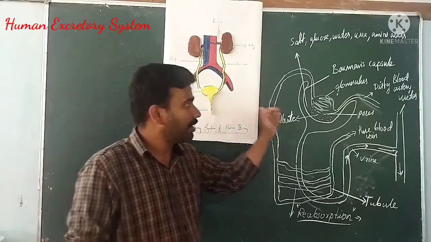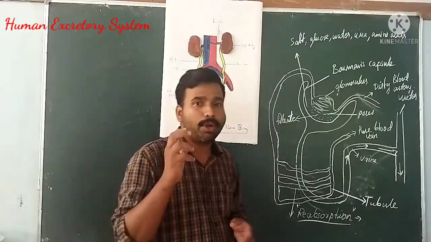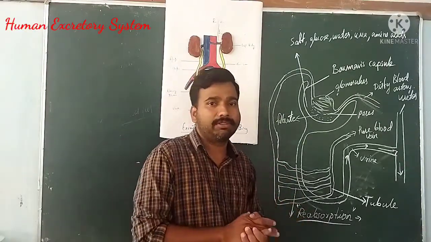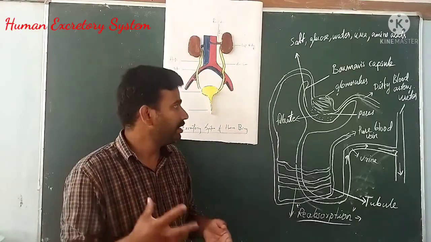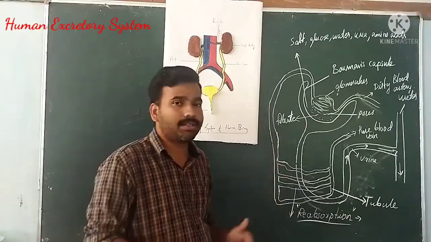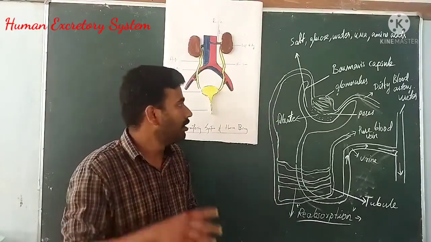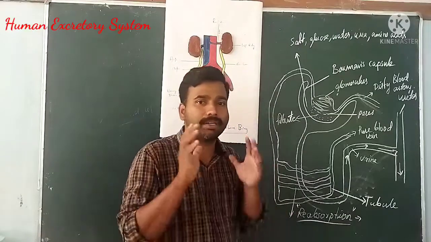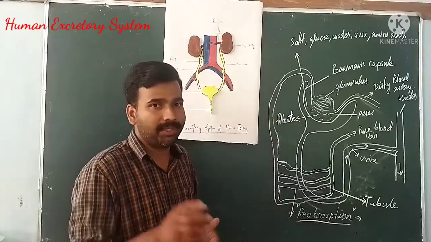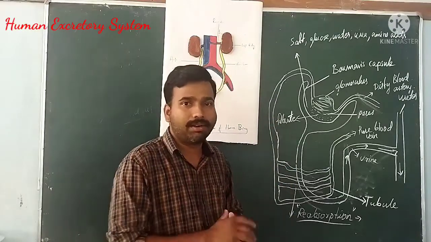Similarly, the second function is to remove unnecessary waste materials which are highly poisonous or toxic for the human body. When the kidney is not functioning well, we need to go for an artificial kidney, called hemodialysis or dialysis. In the chapter just below this part, the dialysis process is also mentioned. Even with a single kidney, a person can survive. You must drink a minimum of 2 to 3 liters of water every day, so as to keep your kidney healthy for life.